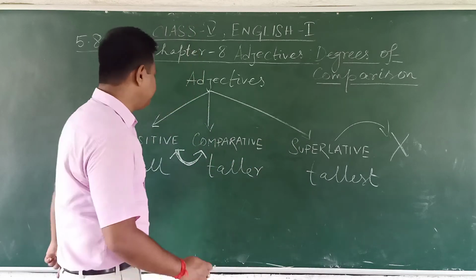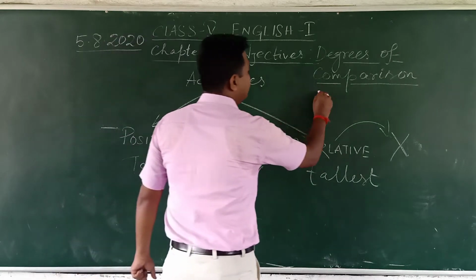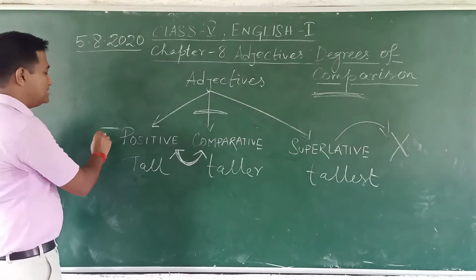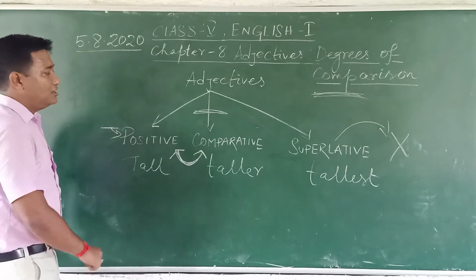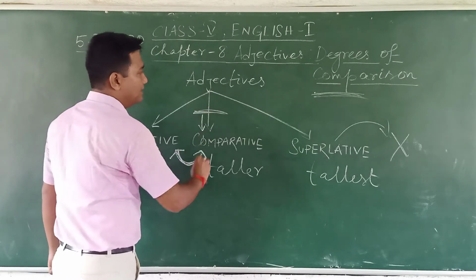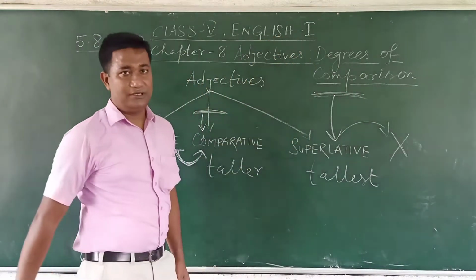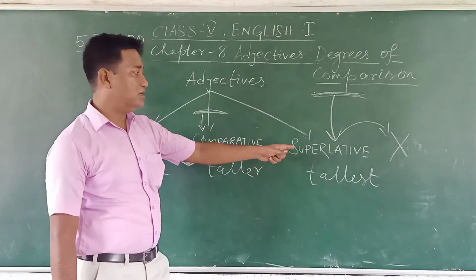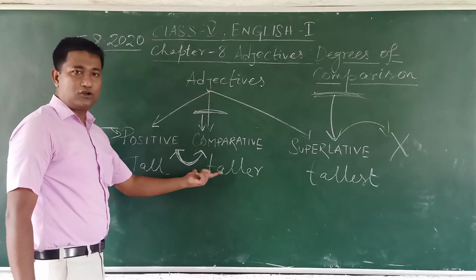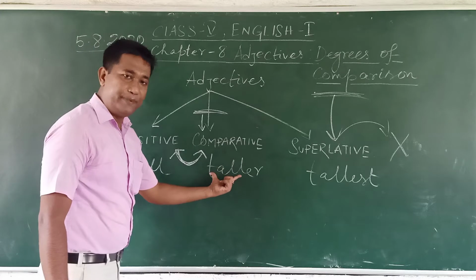Okay. So positive here, comparative here, and superlative means here. You see the measurement. Positive means very simple. Comparative means a bit higher, okay, a bit higher. And superlative means the highest and the tallest form. So beyond this, nothing else. The taller, that means we are comparing these two and writing taller in the column of the comparative section.